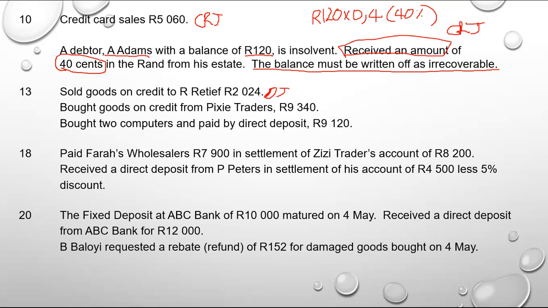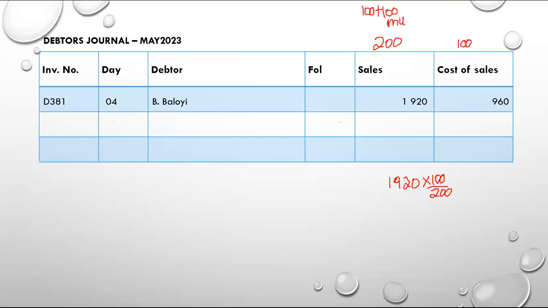Because we sold goods on credit, when we record that in the DJ, we needed to know the first source document number, which was D381. This will be D382. The day was the 13th. It was our retrieve, and the selling price was 2024. You will just take that 2024,